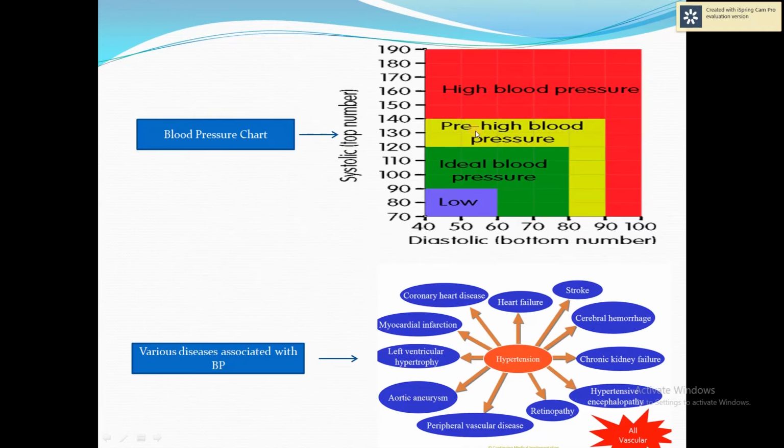Next, as this chart has been already explained to you, the normal blood pressure range has been given, the high blood pressure range has been given, and accordingly. And as it has been told, various diseases associated with blood pressure can be very dangerous. So it is important for you to maintain your blood pressure. And it is important to know the basics about blood pressure, as whenever you visit your doctor, the first thing they often do is check your blood pressure. This is an important step because your blood pressure is a measure of how hard your heart is working.